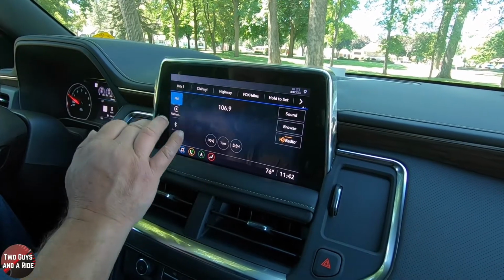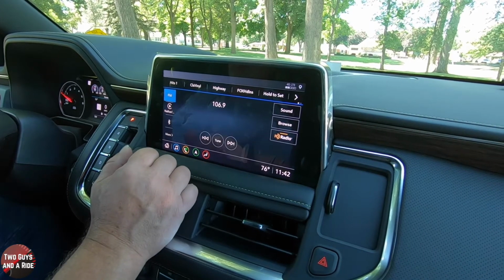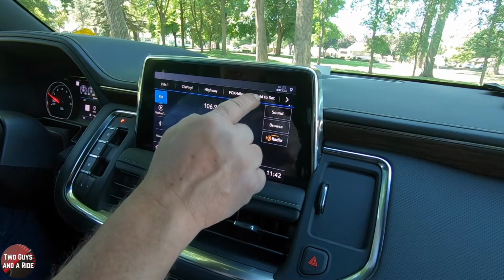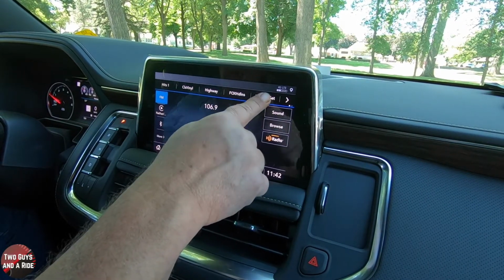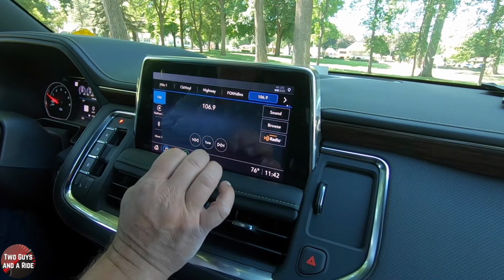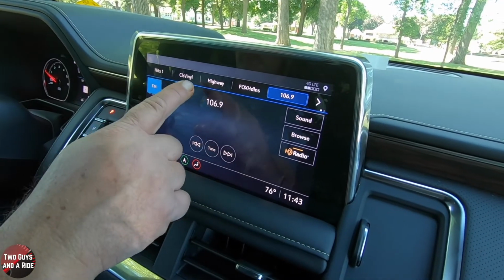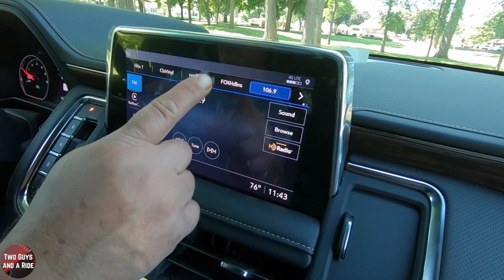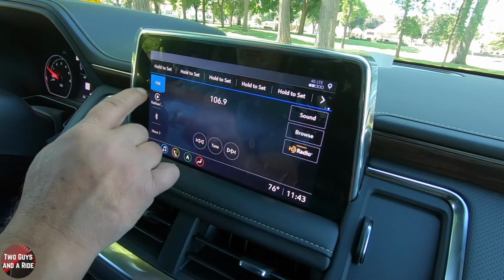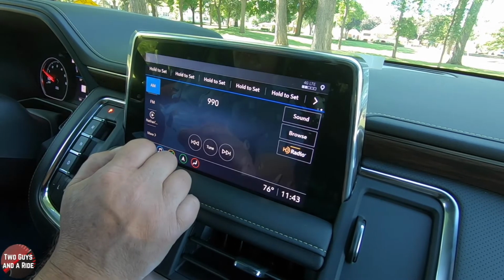And then I can click on here to set it as a favorite. I don't want to do that, of course. But let's say that I like 106.9 and I want to store that. Okay, so what I'm going to do is I got one over here that's not a preset that's not set. I'm going to hold it. Boom. Now, here's one of the things I really like about the new infotainment screens. If you look carefully, you're going to notice that these favorites are from Sirius XM. That's from FM. If I go over here and I say, I have a favorite AM station,